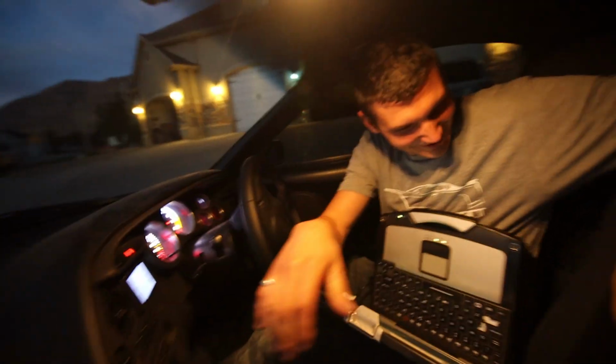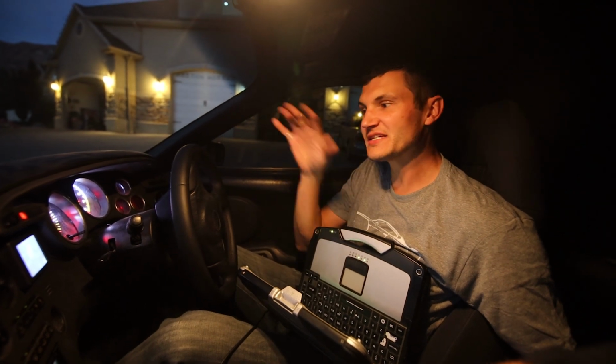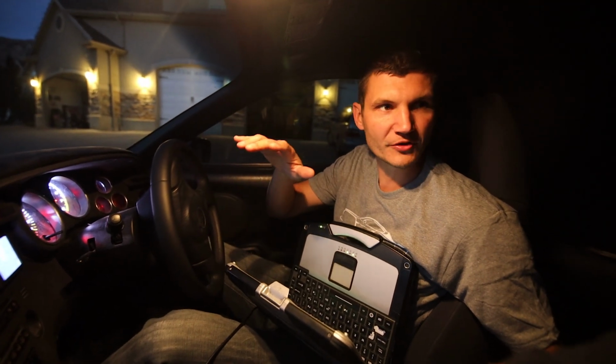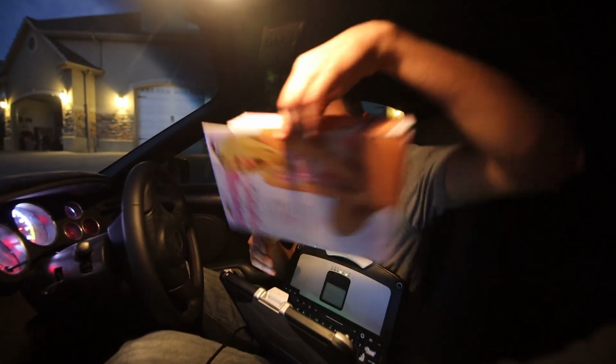I gotta turn the light on. I gotta show you this. The owner's probably gonna be like, what the crap? But so the car gets dropped off and the motor was built. And David down there at 2JZ Motorsports is like, hey man, I left some oil in the back for you, if you don't mind, please can you just do another oil change on it, give it a third oil change so it's fresh when you're tuning it, and all good. So I reach in the back and I get the oil, and this